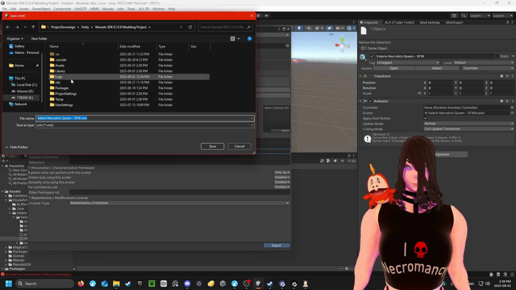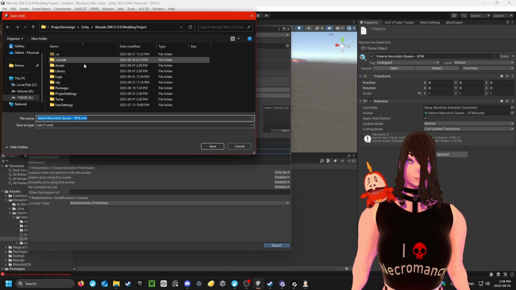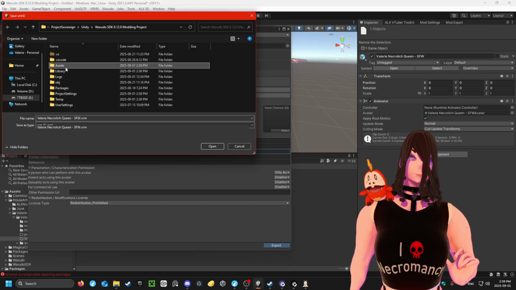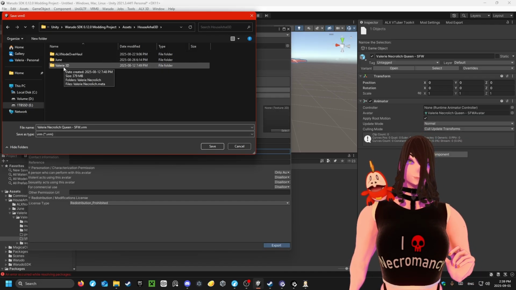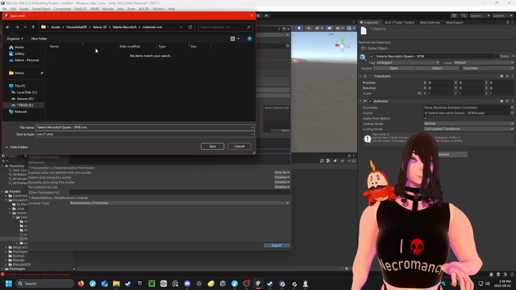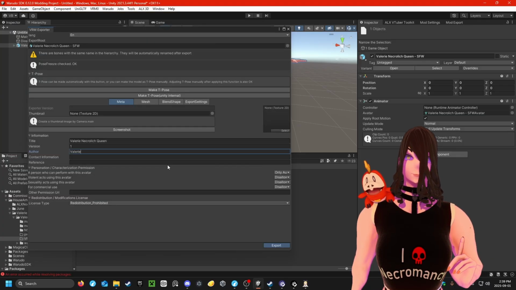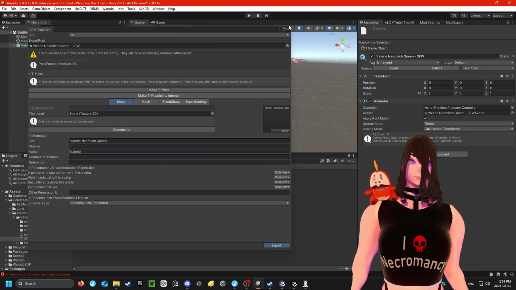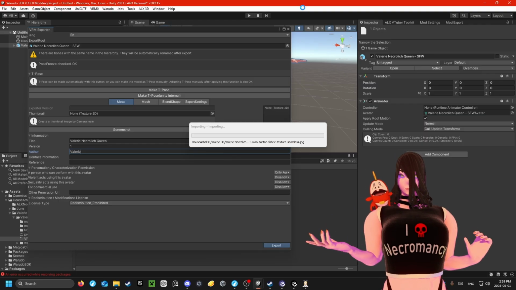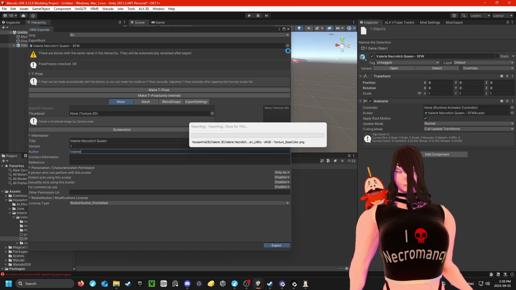Let's go to the actual path that I have right here. I cannot right click anymore, that's my bad. So assets, you want to grab the folder VRM, not material VRM, VRM, and save it there. Give it time, it's going to reload everything, it's going to import everything, and you are not going to have the shape keys. So as soon as it's done,